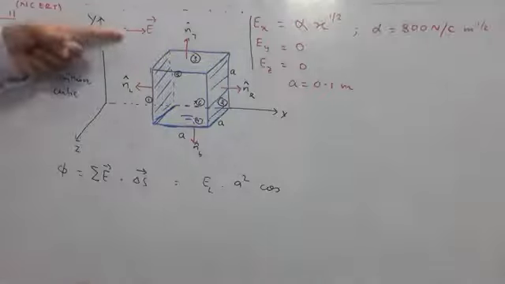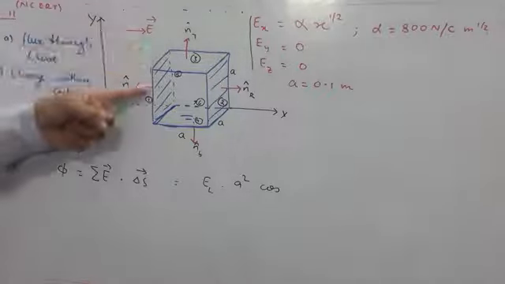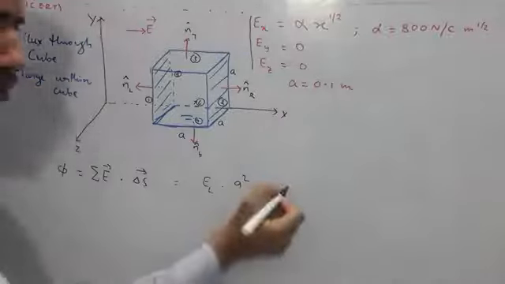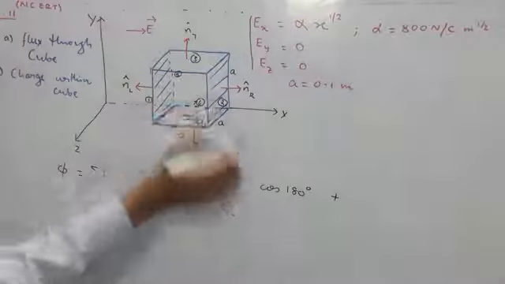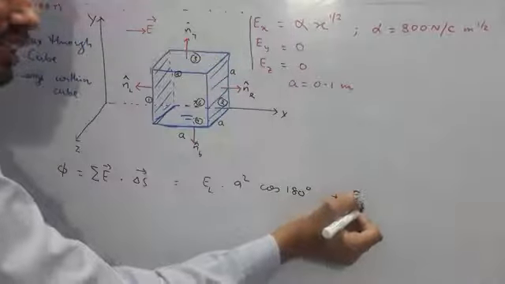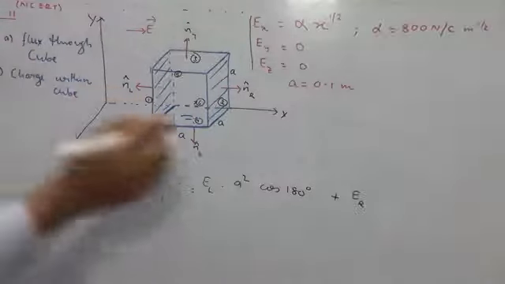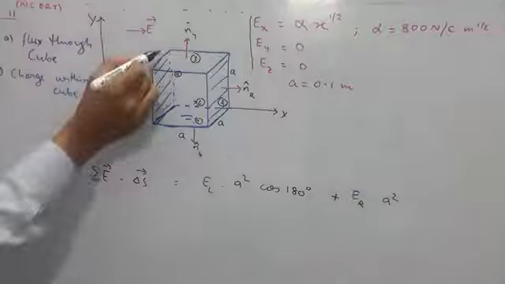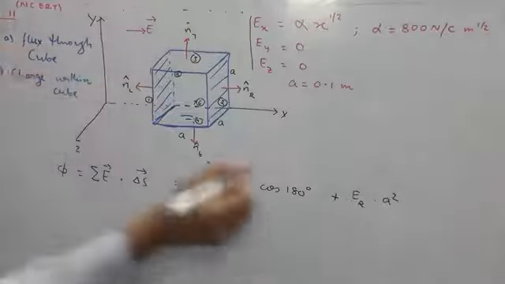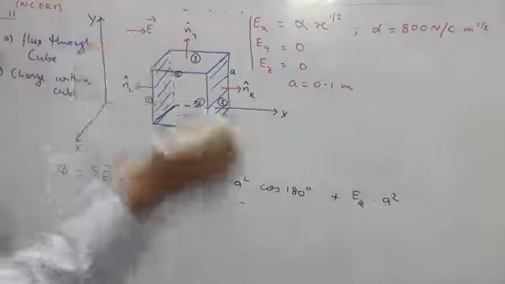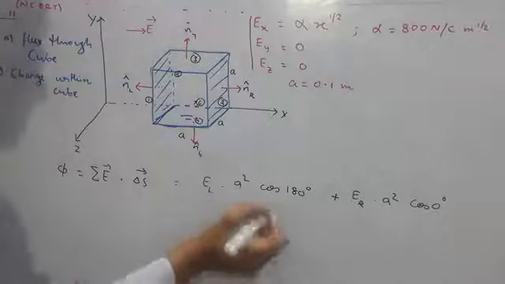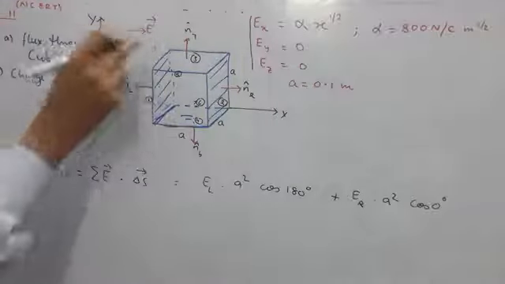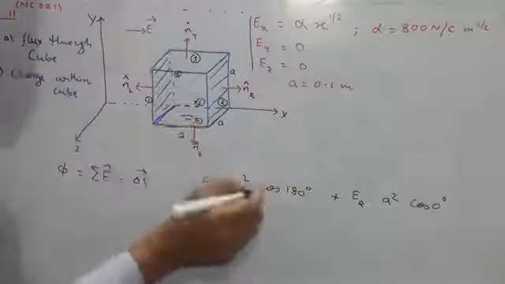Now what is the direction of electric field? I have discussed, it is along x-axis. The unit vector is oppositely directed. So it will become cos 180 degree. Next, for the right surface over here, the value of electric field, I'll write it as ER, R for right. Then area will have same value, A square. But the unit vector and electric field are in same direction, so this will become cos 0. For all other terms, we'll have cos 90, cos 90, cos 90 and cos 90. For all these 4 faces, we'll have cos 90 term which will be 0.